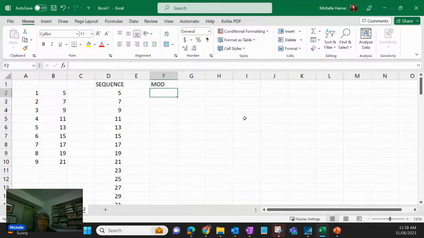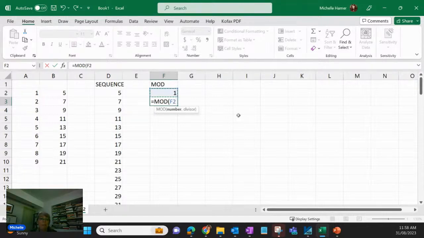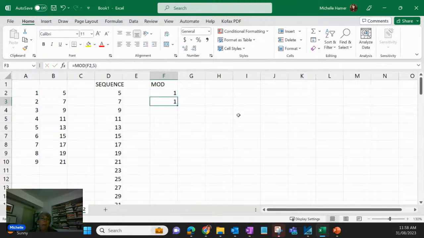Another one that I think is really handy is MOD. Let's have a look at this. If I put in here the value of, say, 1, and I use the MOD command, it asks what's the number you want to use as your starting number. I'm going to use this cell here. Then it asks for the divisor, which to me is saying how many cells do you want to actually fill up. If I say 5 cells here, close my bracket and do a Control Enter,